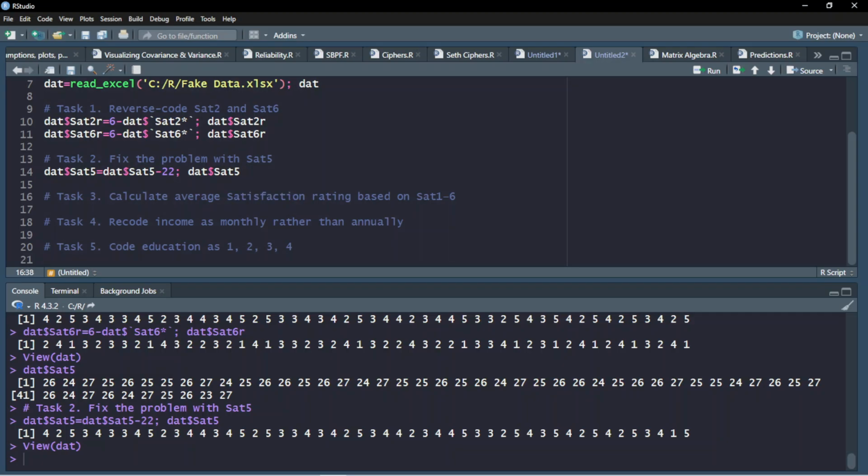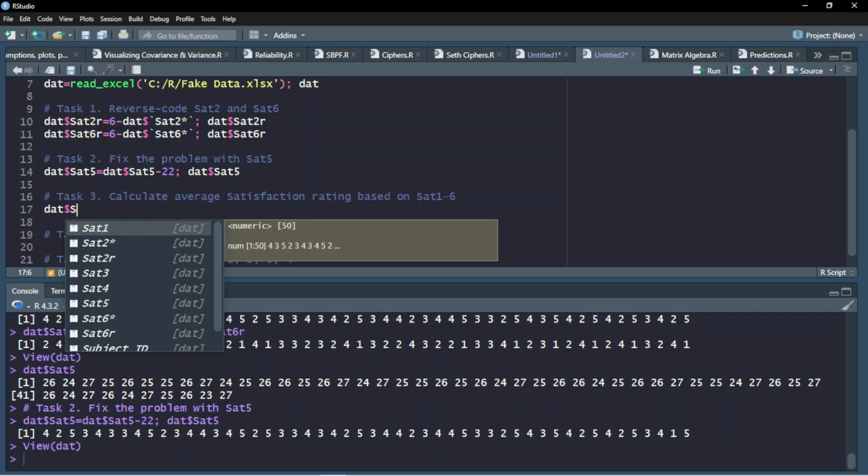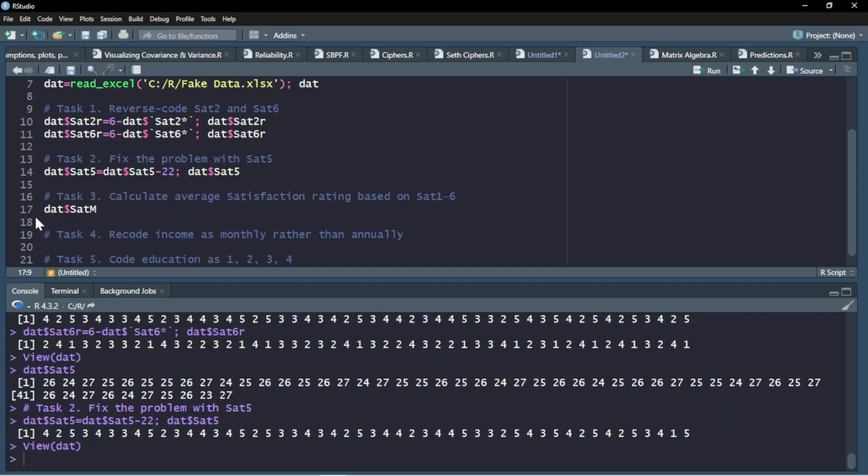Now we're going to calculate an average satisfaction rating based on the 6 that we care about. And we want that to be for each person. So for each row, there's different ways you could do this. One option, let's create a new column. So dat dollar sat in. So there's going to be a new column I'm speaking into existence called mean of satisfaction score, sat in. And we're going to assign that to be,